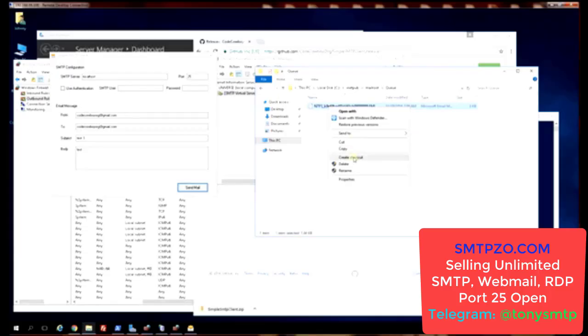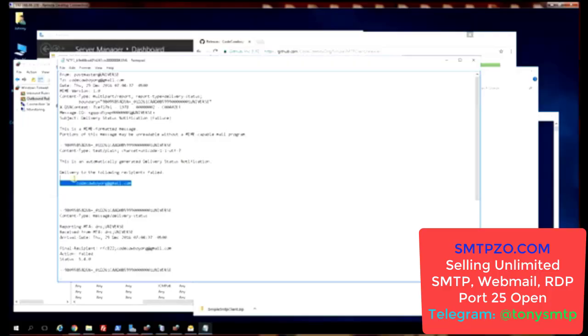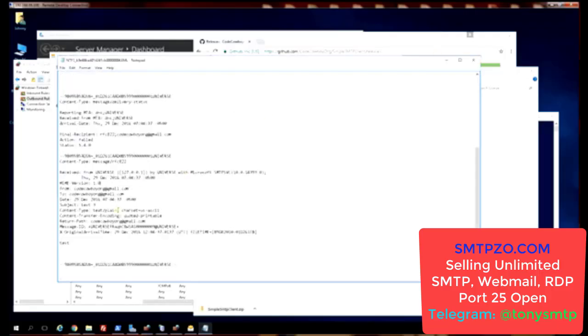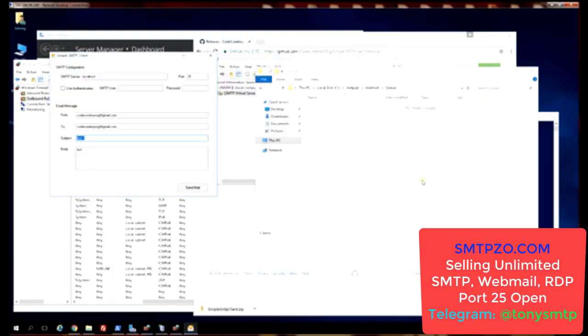because the SMTP, so if your SMTP relay server can't connect to an SMTP server, your queue here will fill up and you'll see a lot of EML files. So for example, if I open this up here, you'll notice delivery failed, but it's still in the queue and it's going to keep on retrying. And this is the email that I was trying to send. You'll notice my test here and the subject line. So that is a way to debug this, is by reading those